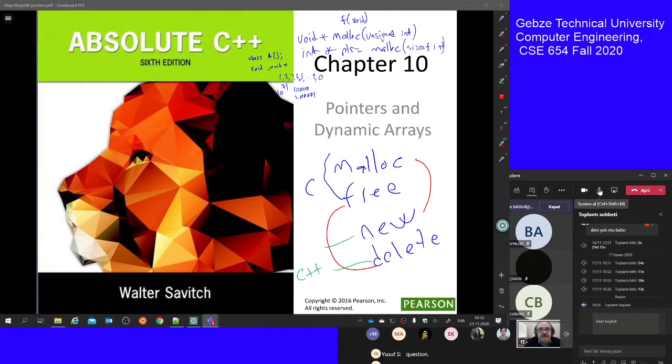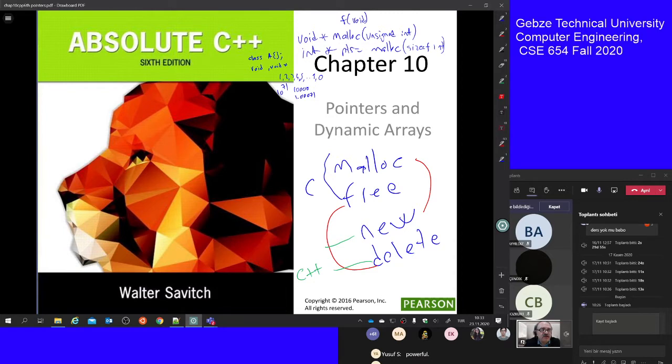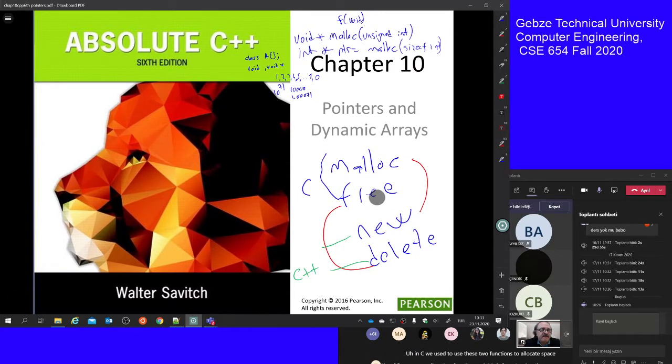This chapter was about pointers and dynamic arrays. We actually know about pointers and dynamic arrays, and we know how to use them in C, but we like to use the same techniques in C++ because we know that they are very powerful. In C, we used two functions to allocate space, the memory allocation function, and this one is for returning the space that we have received. For C++,